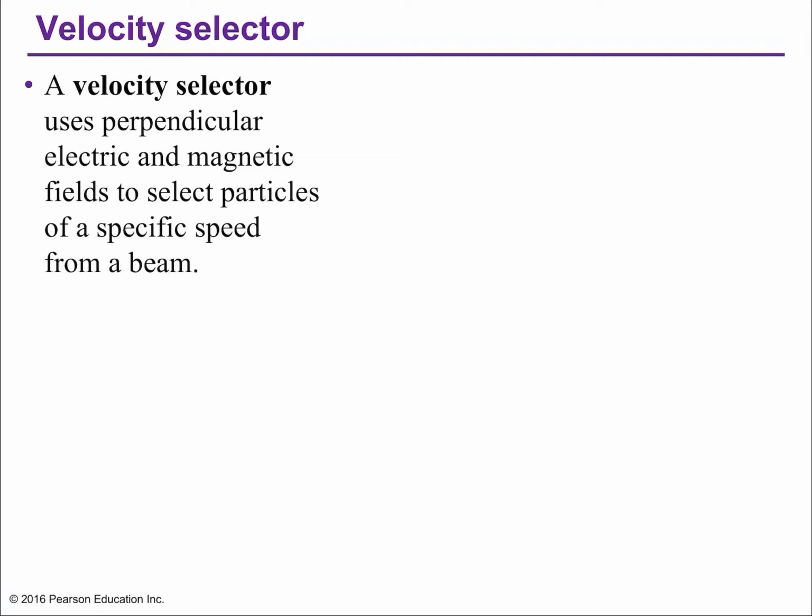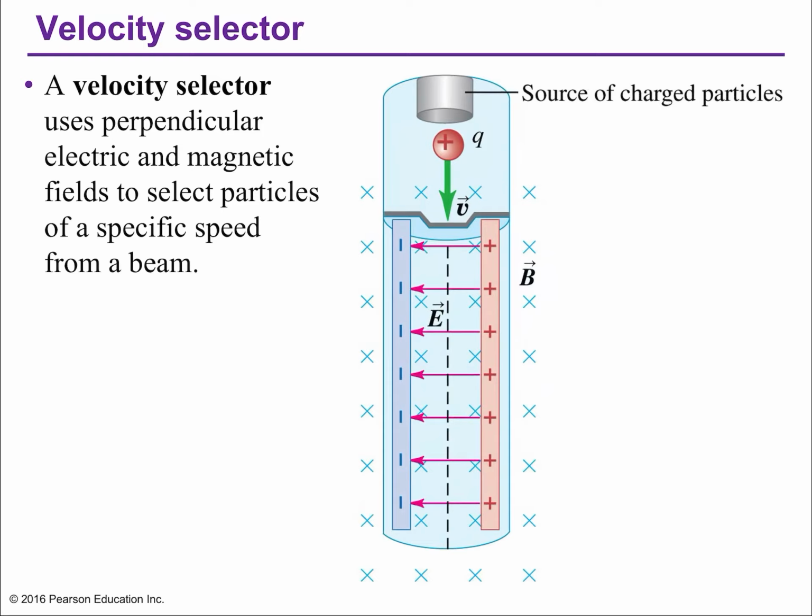Now we have got to a point where we can discuss something called a velocity selector. It's a device that selects particles with a specific value of velocity. Here's a diagram. The parallel plates provide an electric field, E, and there's also a magnetic field, B, perpendicular to the page, going into the page. A particle of charge Q with velocity V is projected into the space